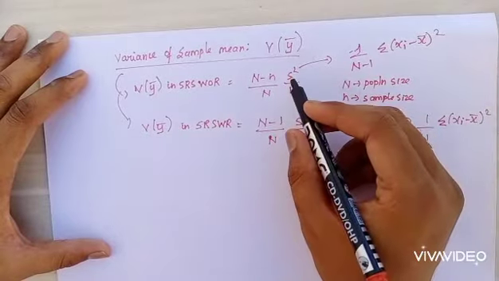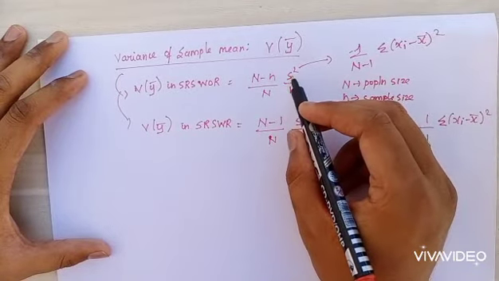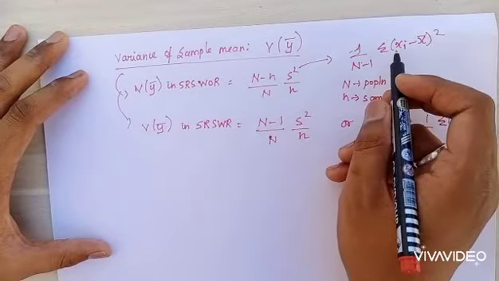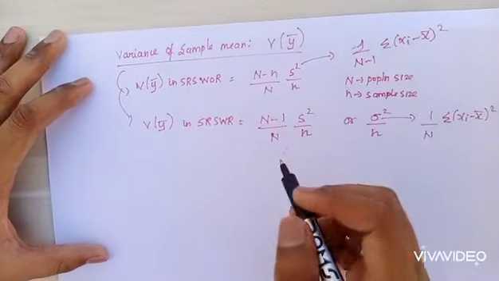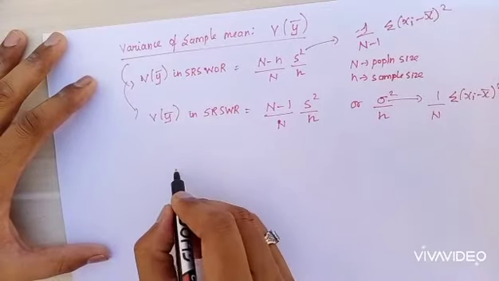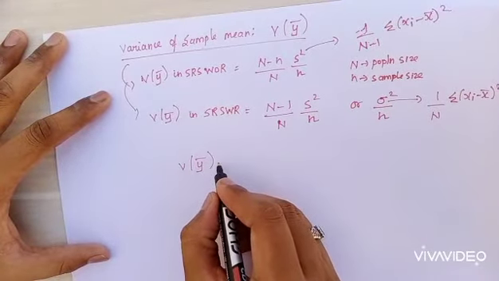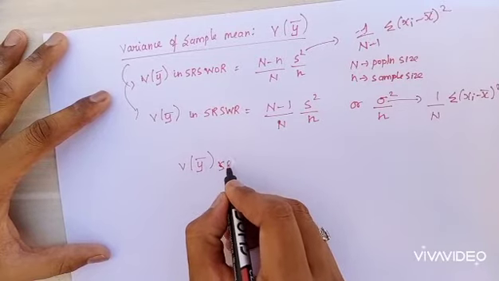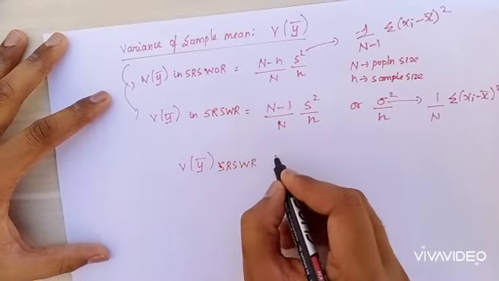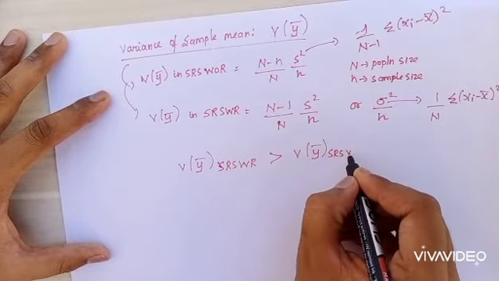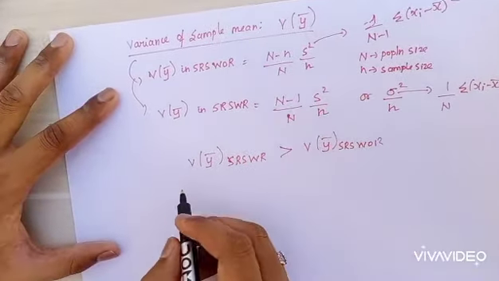Okay, but S squared is 1 by (N minus 1) summation of (xi minus x bar) whole square. Okay, so this one, so variance of y bar in SRSWR will be greater than variance of y bar in SRSWOR. Okay, because here